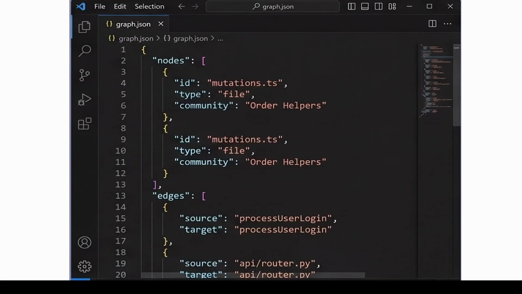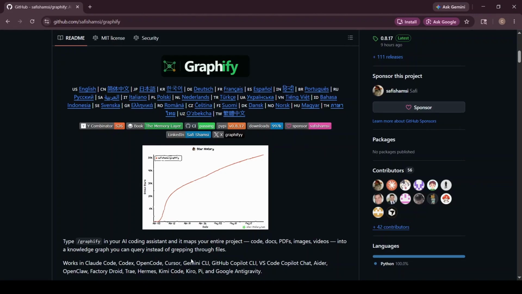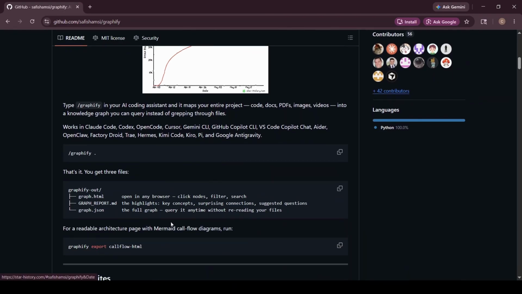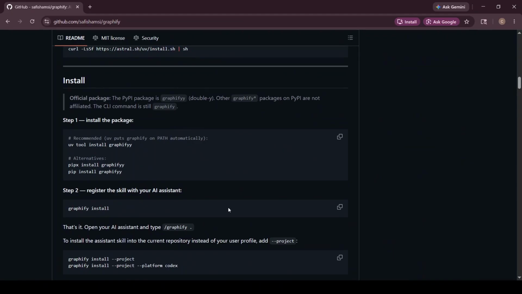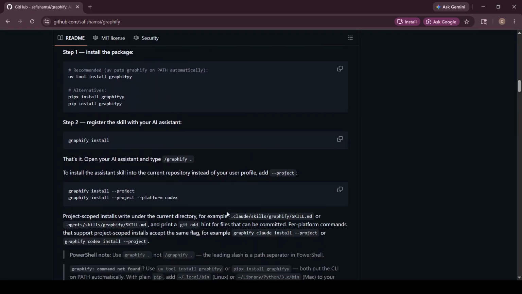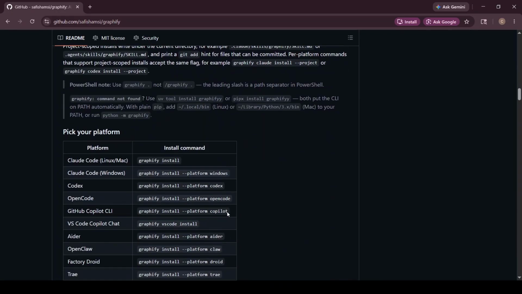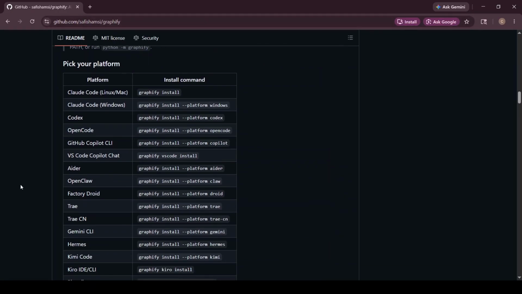So that was a quick introduction to Graphify. We learned about the core concept of Graphify and how it completely solves the AI memory wipe problem. In my next video, we are diving into the terminal. I'll show you exactly how to install this from scratch and connect it directly to your local AI, giving you a 100% free